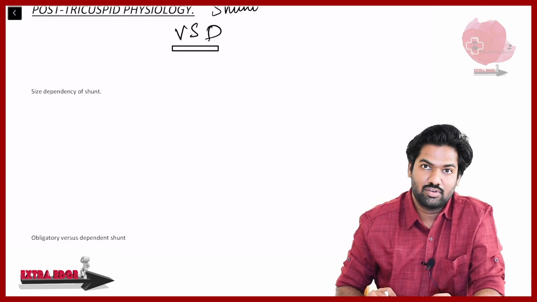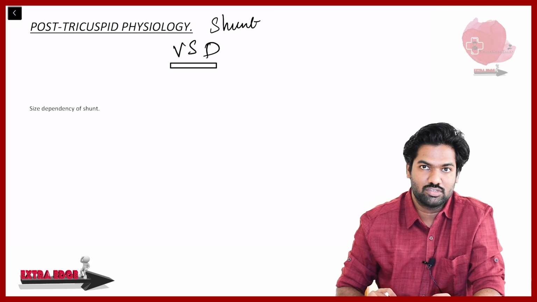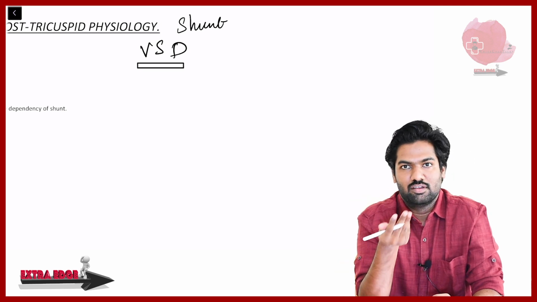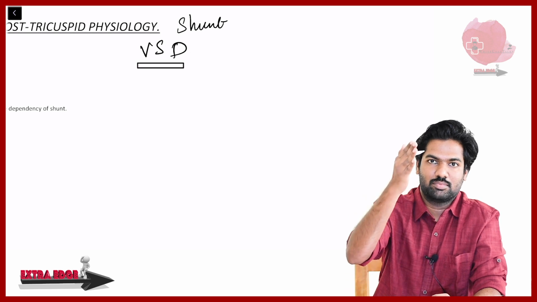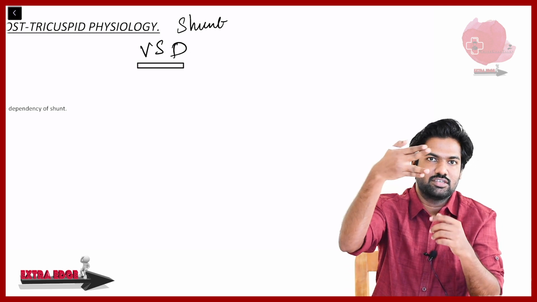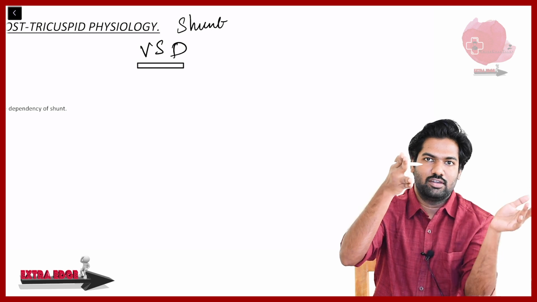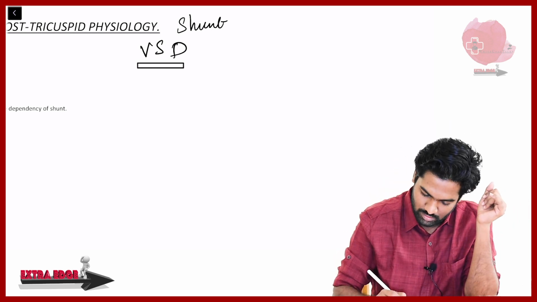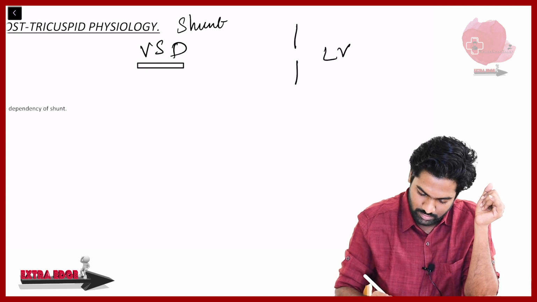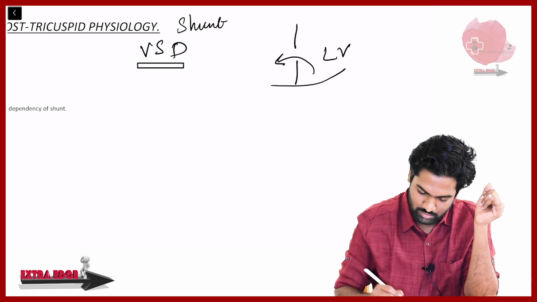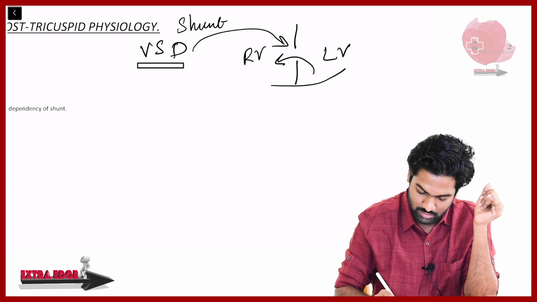So we'll see this, we'll know about what happens to this VSD. Now what does VSD mean? Ventricular septal defect. Means when there is formation of the ventricular septum, there is some defect which is causing some shunt of the blood to the next chamber. Now you can see here, if this is the left ventricle and this is the septum, the blood has gone here like this. This is called as VSD.